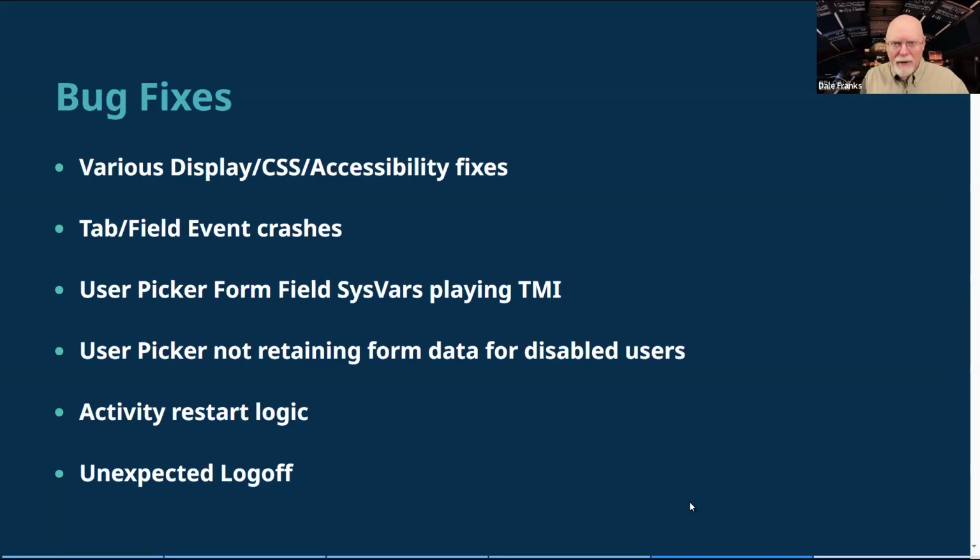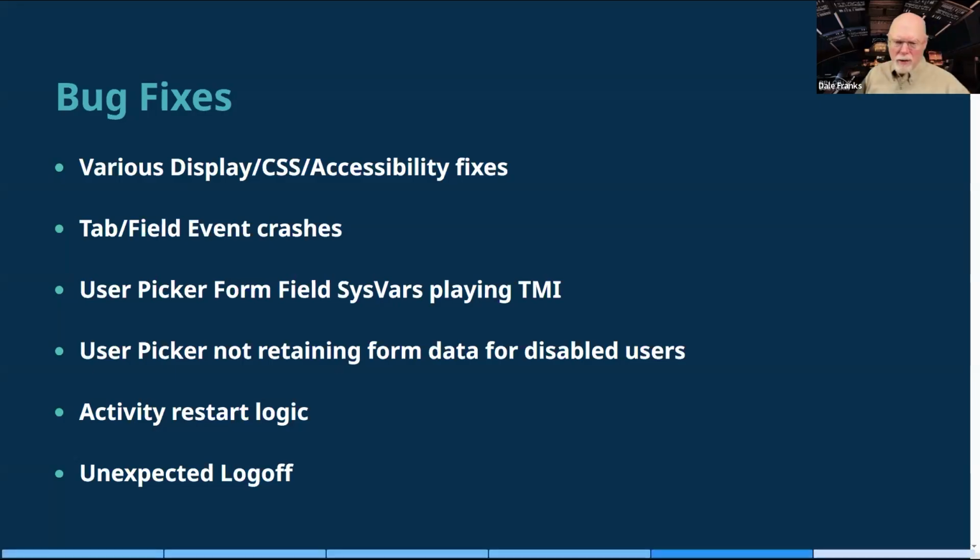I'm in an event field. I click on a tab. Two things are going to happen. A, the event field where the cursor currently is going to lose focus. At that point, I need to check to see if I can fire, or I should fire, the field event. For example, if I've changed the data, I should fire the field event. Once that field event fires, then I should move on to the tab event. So those event crashes we had to look into and fix.